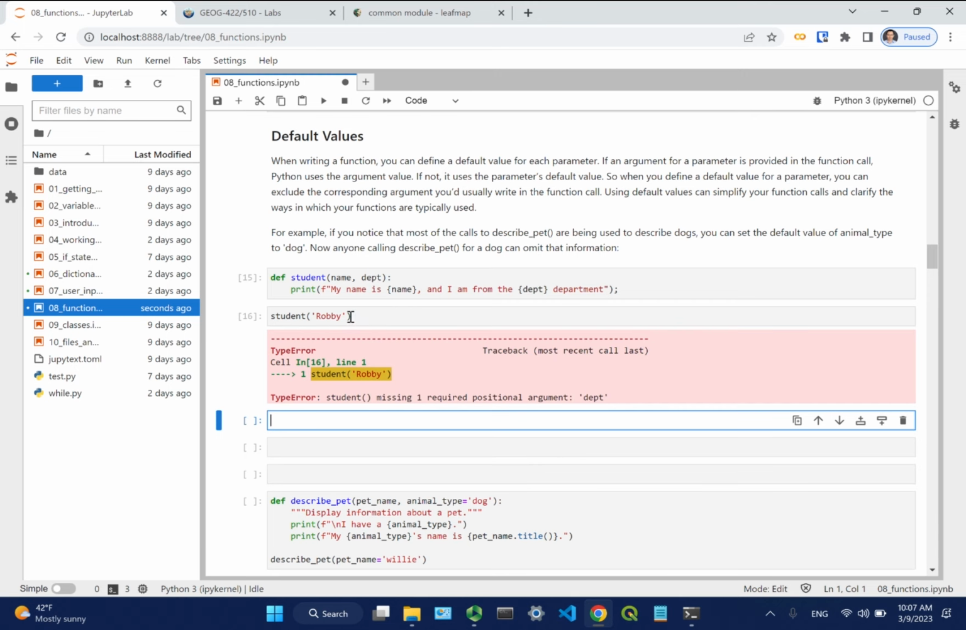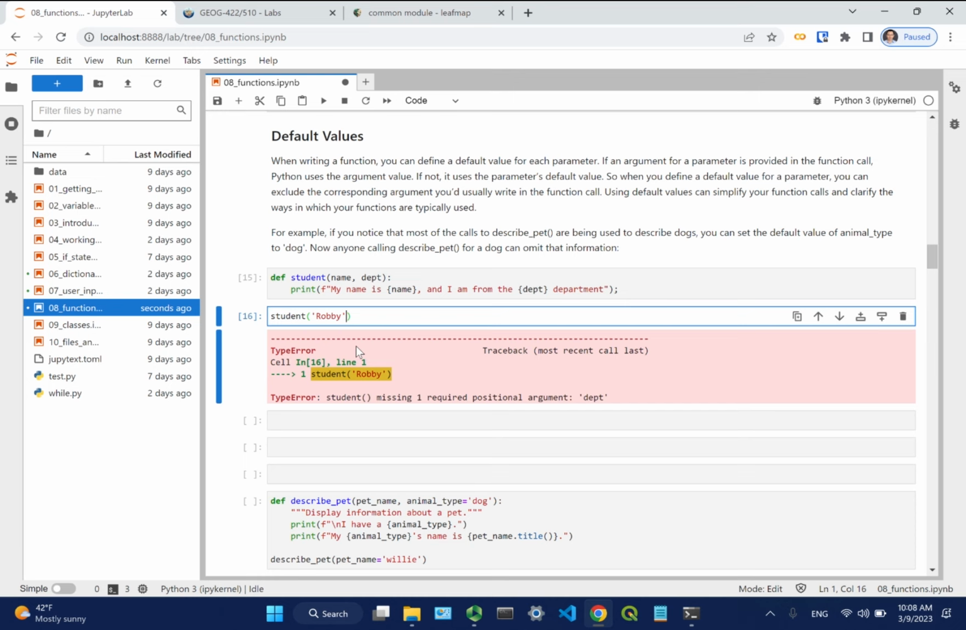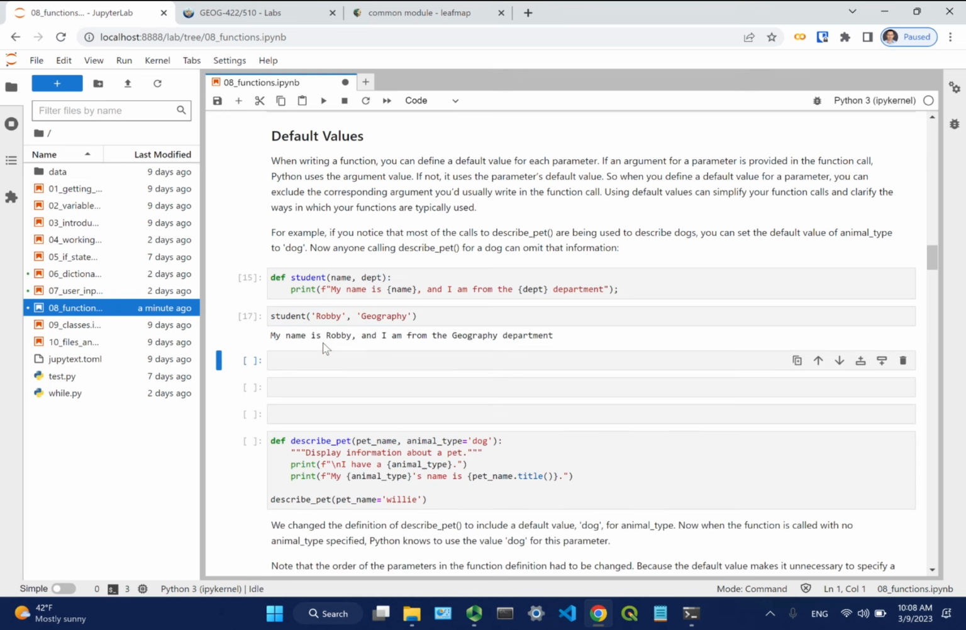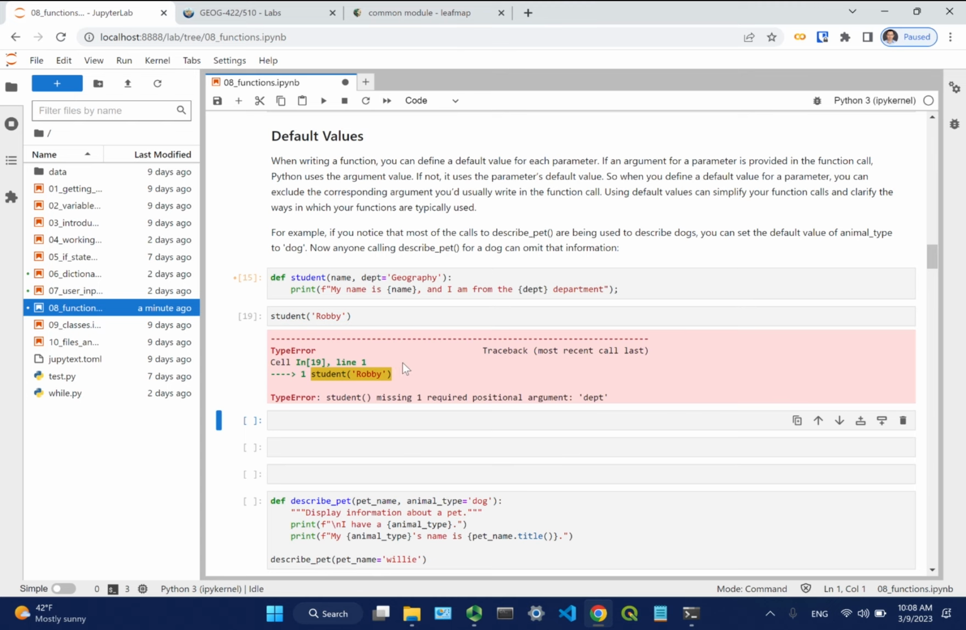Missing. Oh, it's required. So that's why I need to put it in here. So now I can say geography. Make sense? So here, I can provide a default. For example, I can say geography. So now I don't have to provide this one. You can, but it's not required. If you don't provide it, it's going to use the default value that you provide. So if you have something equal to something in your function definition,